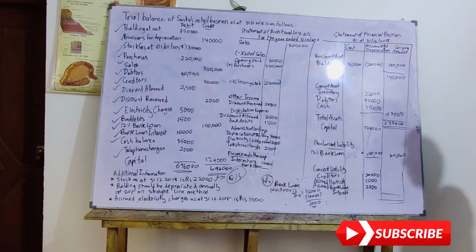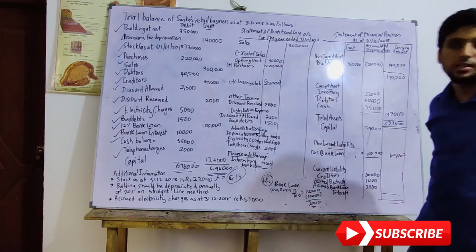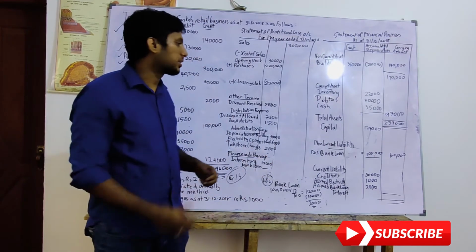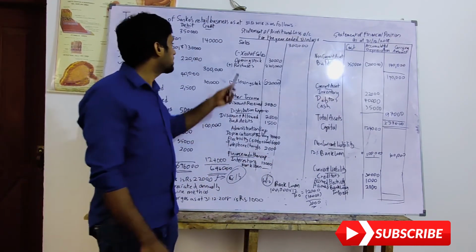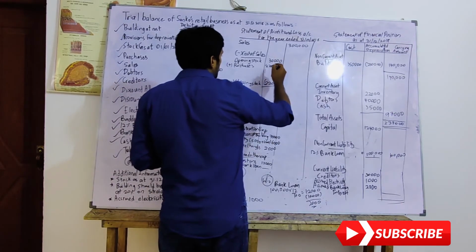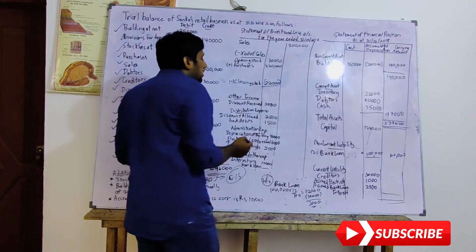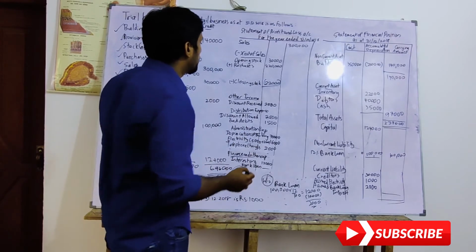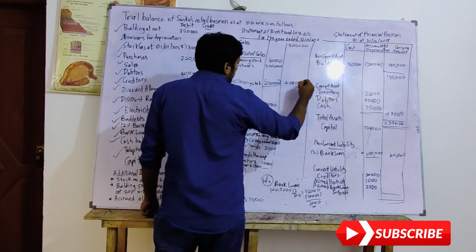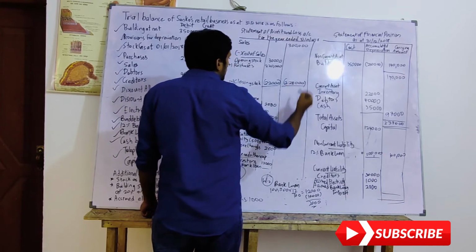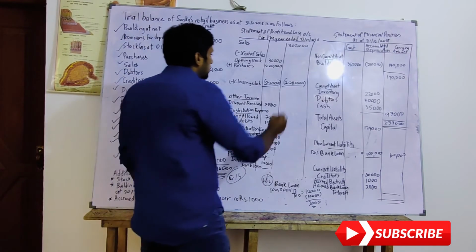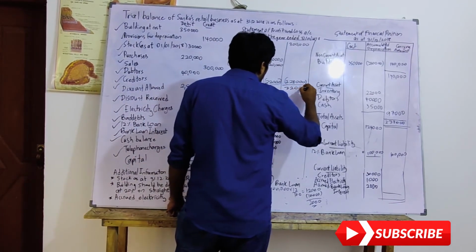Let's see, before we finalize capital, I just want to find out my net profit. If it is net profit or loss, I'm going to adjust under capital, then I'll find out is it correct or wrong what I have taken. So let's move on to opening stock. So this is the value. I'm going to finalize this value. 30,000 plus 220,000 is 250,000. 250,000 minus 22,000 will give you 228,000. So I'm going to deduct 228,000 with this 300,000. I will get 72,000 as gross profit.